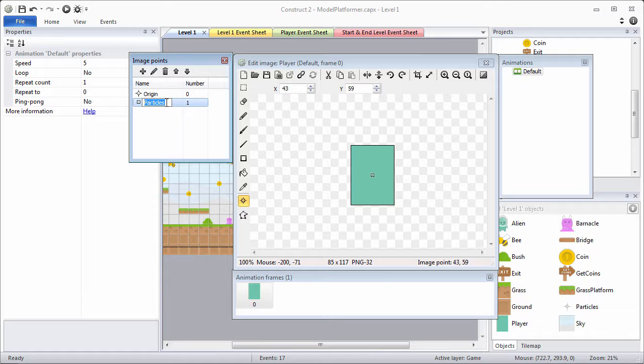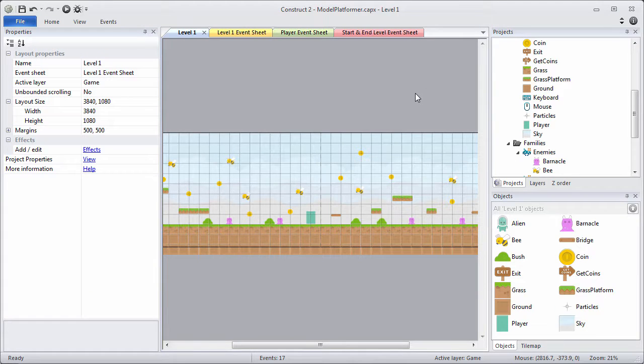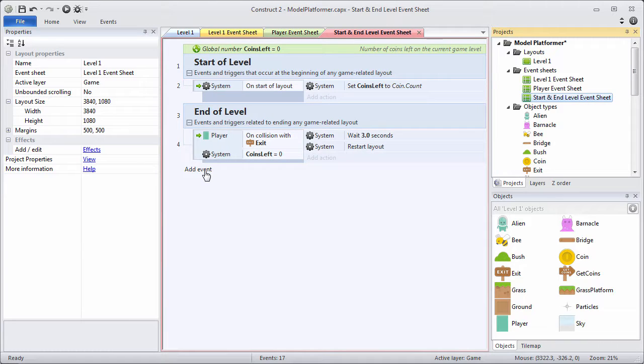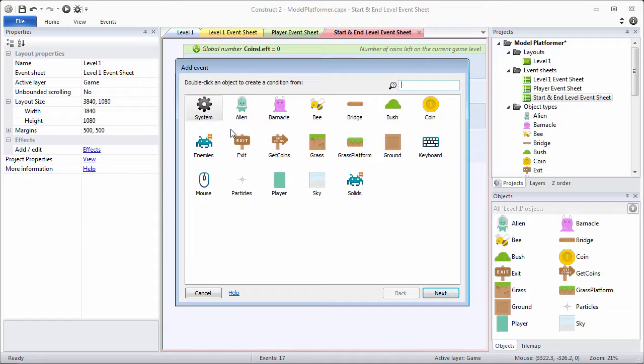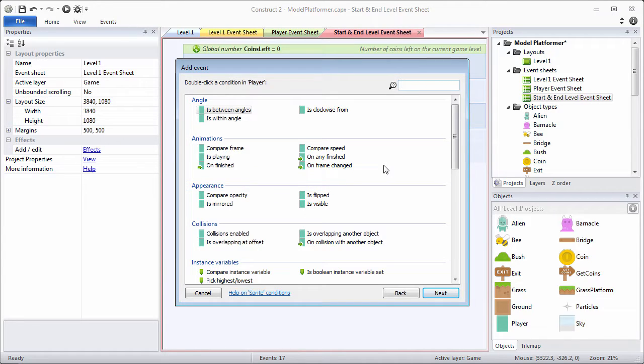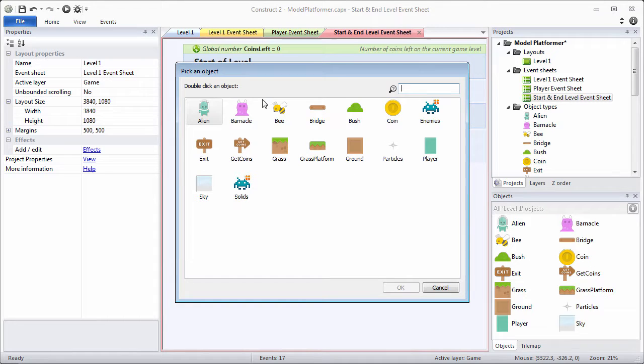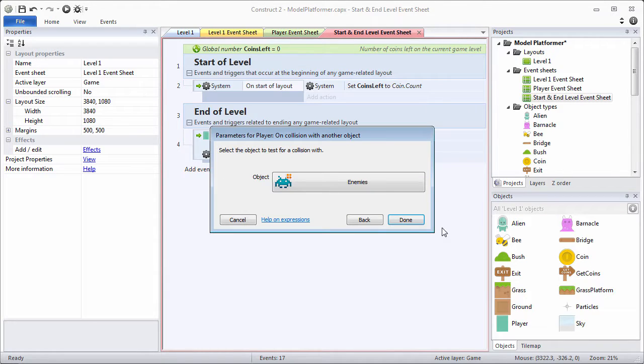Our particle stars are going to simulate the player exploding when it collides with an enemy. That's something, however, that we need to do in our code. So we're going to go to the start and end level event sheet because a player colliding with an enemy can end a level. Click Add Event. The event we want to create is the player, when it on collision with another object, anything in the enemy's group,